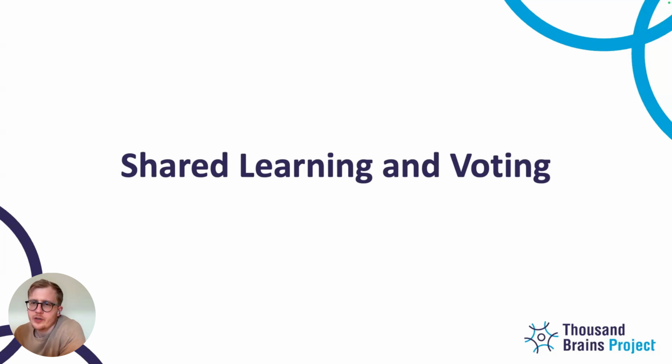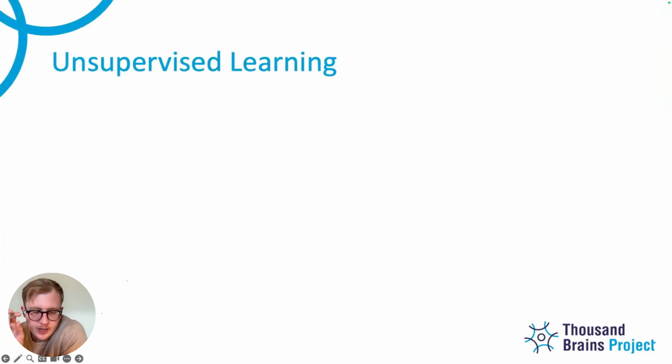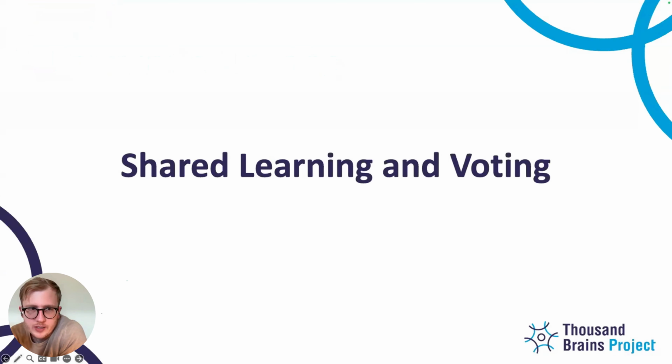Just for context, when we briefly discussed this, the two of us, my understanding was this kind of shared learning and voting primarily relates to when there is a fixed offset between sensors. I feel like that's useful context, because it means it could be complementary to what we've been talking about recently in terms of a series of movements that might send key locations or key displacements, and all that stuff that was discussed in London.